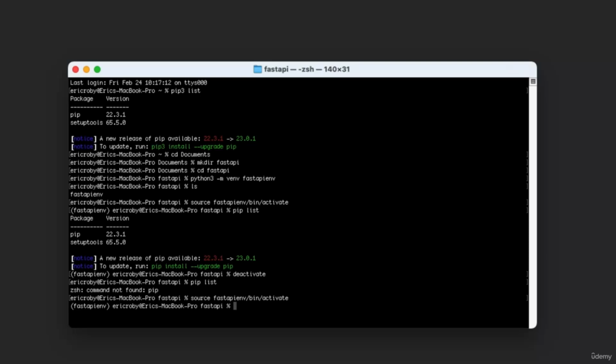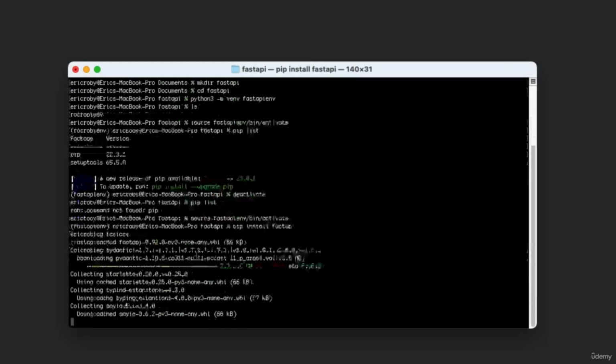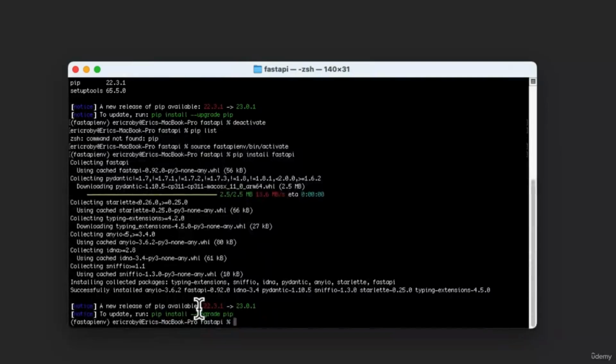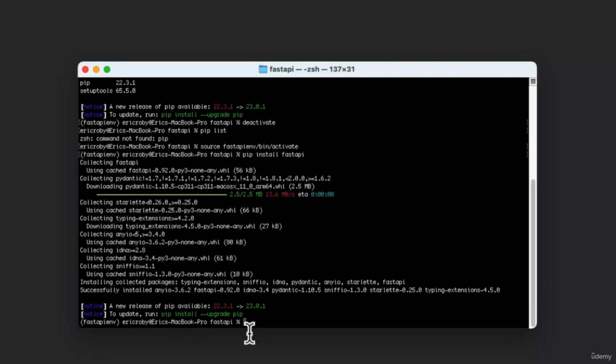And from here, we need to install FastAPI and FastAPI's dependency of Uvicorn. So let's start by saying pip install fastapi. So now we have FastAPI installed in our virtual environment. And now we need to install Uvicorn. And we can do that by saying pip install